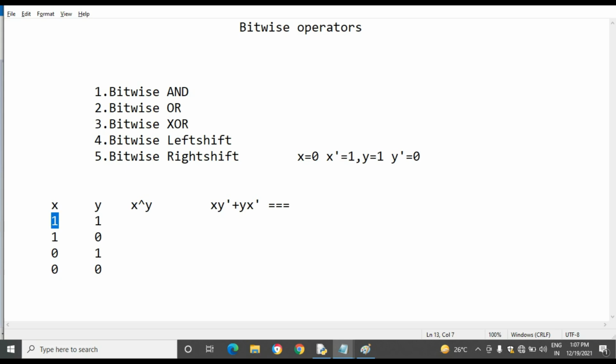Here x is 1, y is 1, so y dash is 0. So x y dash is 1 and 0, plus y x dash, where x dash is 0. Dot means AND.